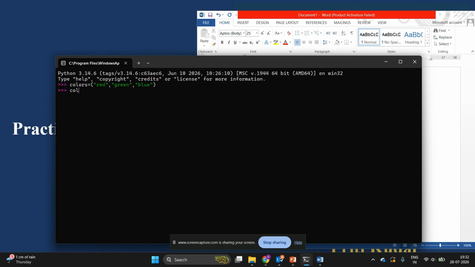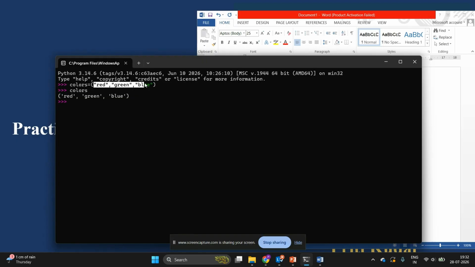If I print the colors tuple, it will display the names of colors in the tuple. Now we cannot add or remove elements in a tuple. That's why it is immutable.